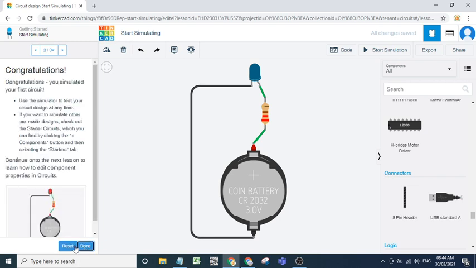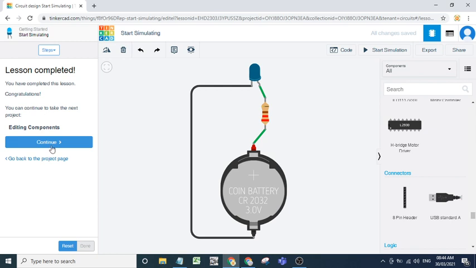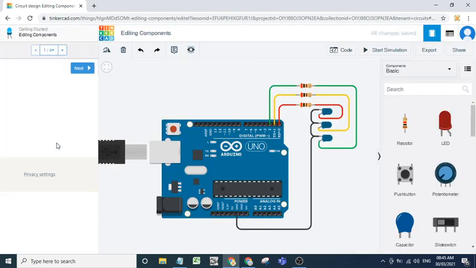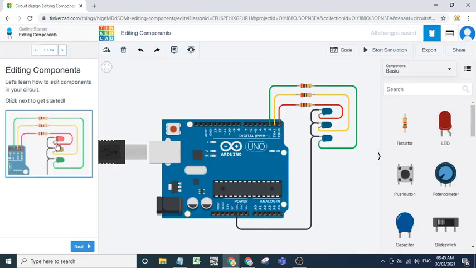Okay, now if you want to do your own circuit, you can make your own circuit also. So we will see different circuits. This is my Arduino circuit. We will not go directly to this circuit.